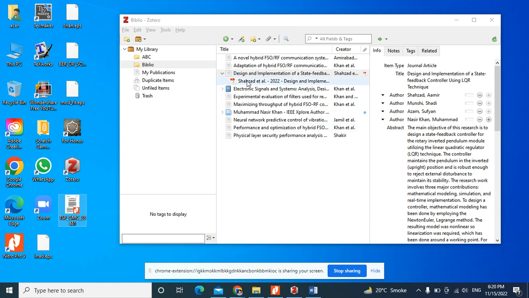So you see, this was the reference design and implementation of a state feedback controller. So this was the third way. The fourth way, like if you